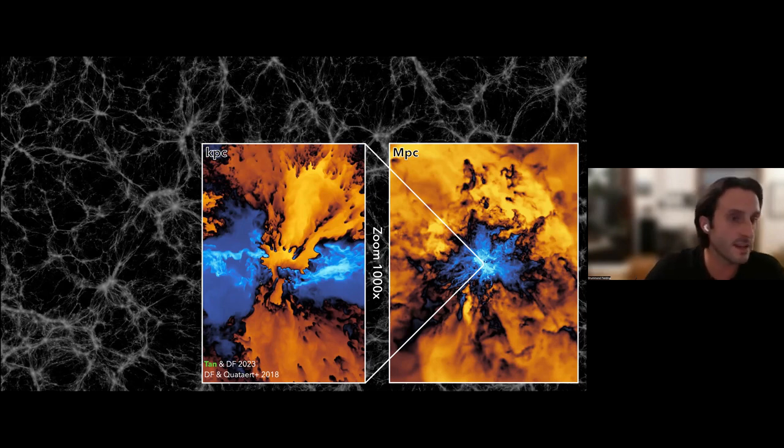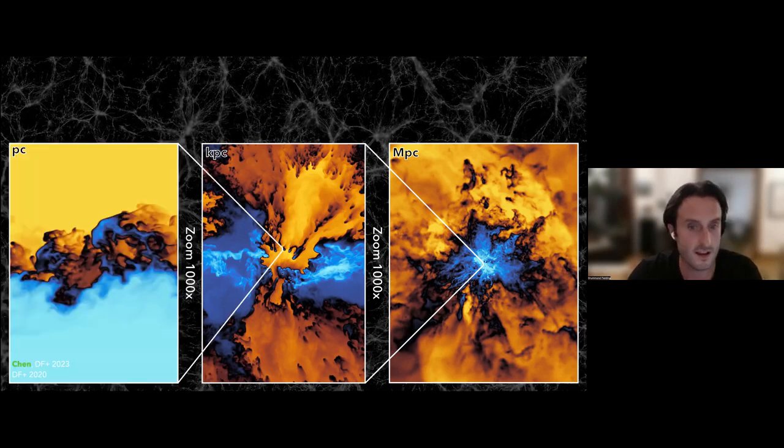And as you can probably guess from the slide layout here, that's not the end of the story. If we zoom in again, another factor of 1,000 or so onto the skin of one of these hot cold interface regions, you can see here I've got it oriented horizontally with the hot on top and cold on bottom, with this highly dynamic turbulent mixing layer separating the two phases.